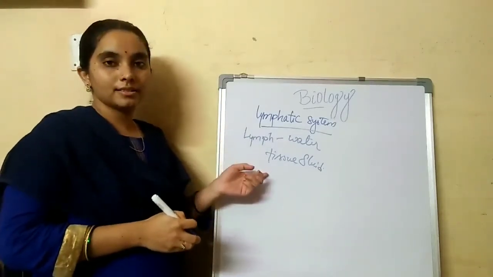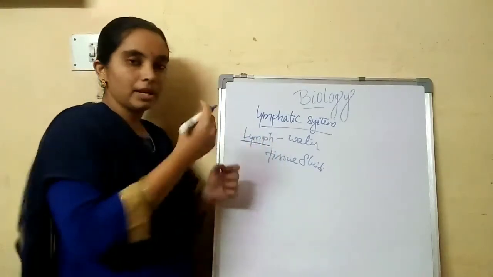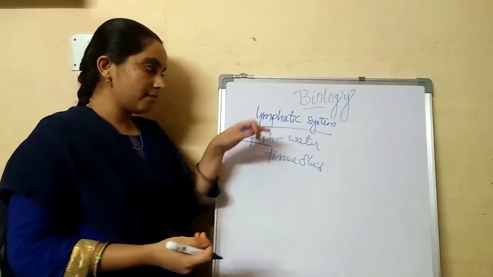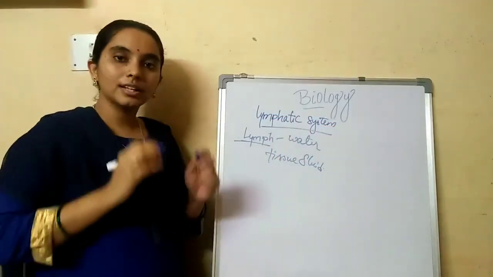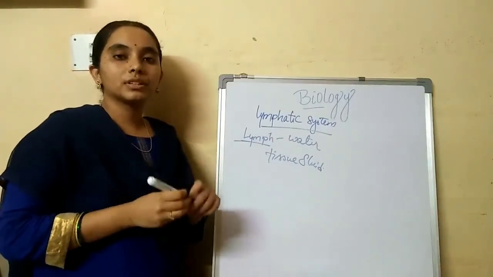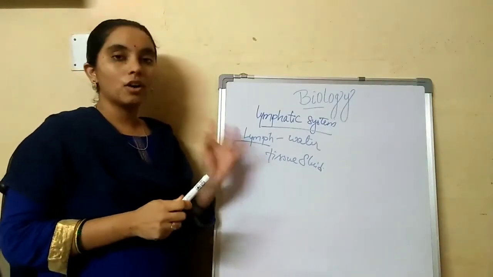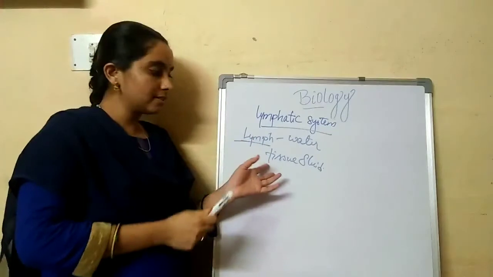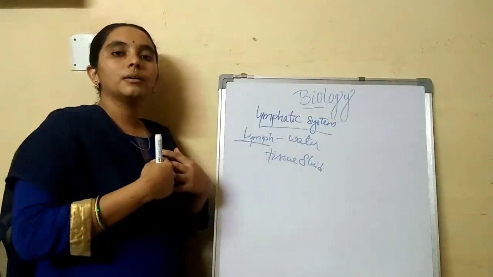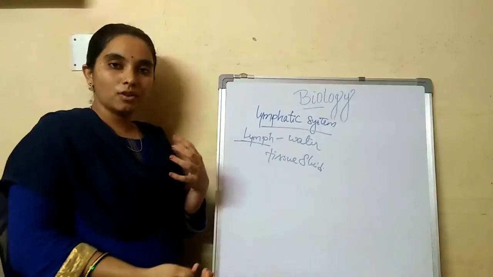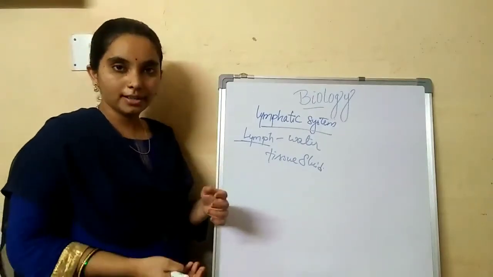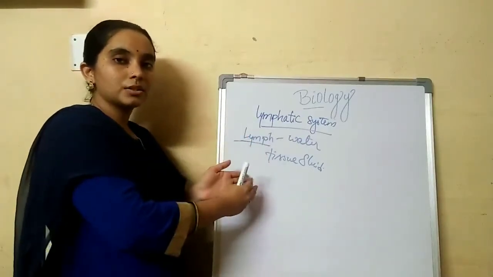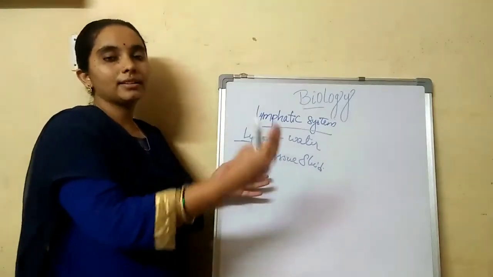This lymphatic system contains lymph, like the blood circulatory system in which blood flows. The same way, the lymphatic system contains the lymph. This lymph is only the water or fluid present in the tissue, that these tissues give out: the excess water or the excretory products which are not useful to those tissues. And this lymphatic tissue acts as the bridge between the tissues and the circulatory system.